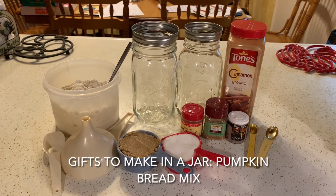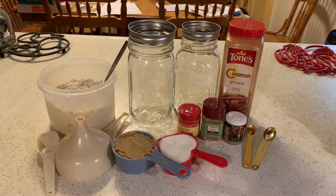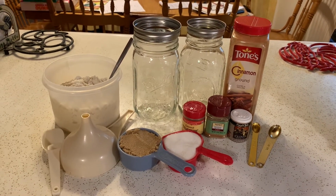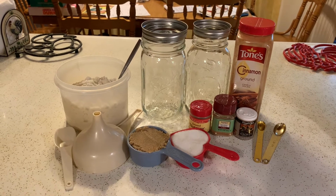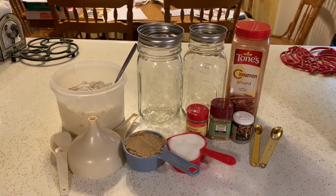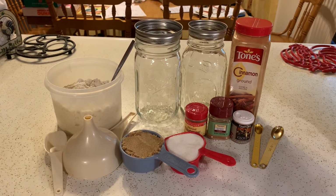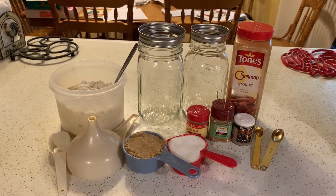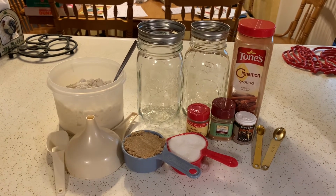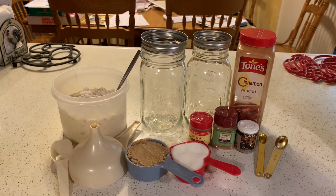Today we're going to talk about gifts that you can make in a jar, and this can be for any occasion: birthday, Christmas, baby gift, whatever. You can decorate your jar to suit any occasion. And today we're going to make pumpkin bread mix, and the items you will need are at least a 1 quart